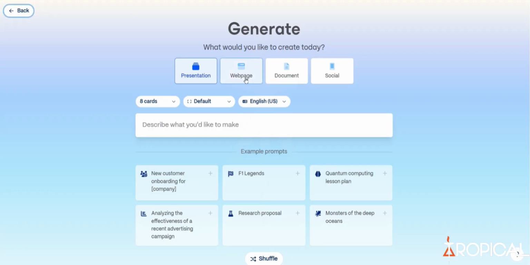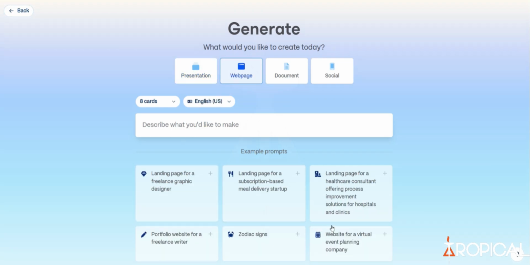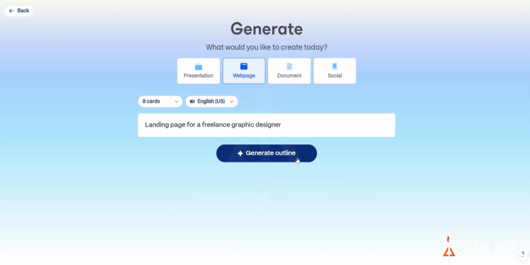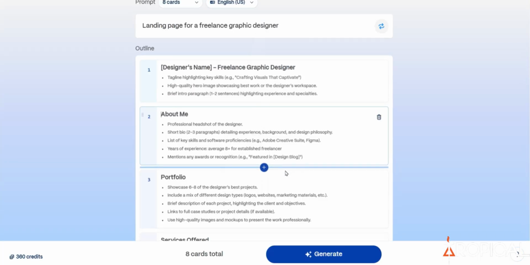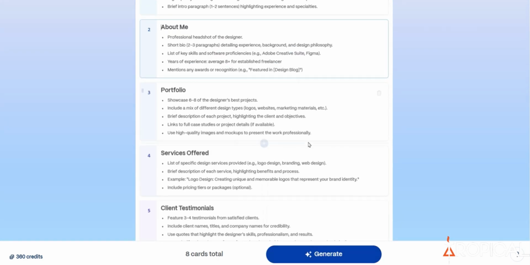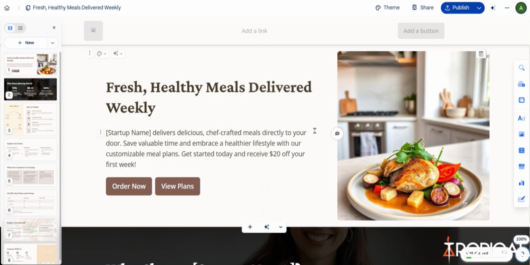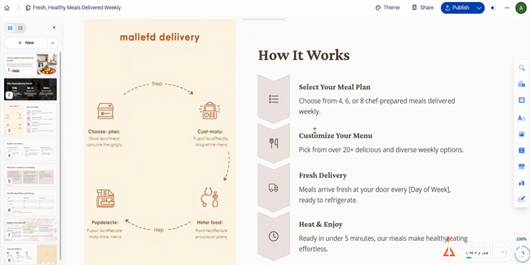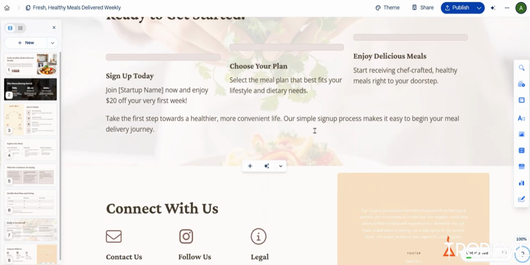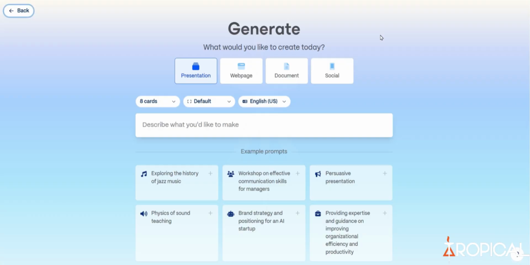Let's try now creating a web page. So again, I'll choose one of the example prompts from here and then generate outline. Once the outline is generated, we'll click on generate. Next, let's try to create a document,